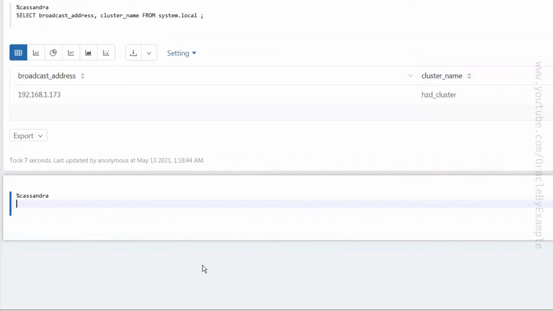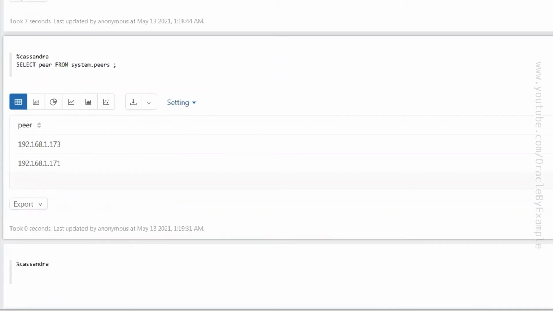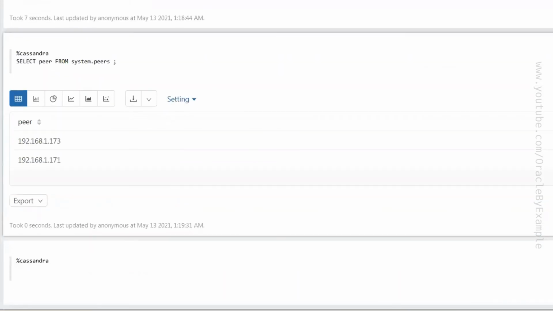In the second cell, I'm going to run a different command. As you can see here, these are the two peers available in our Cassandra cluster.